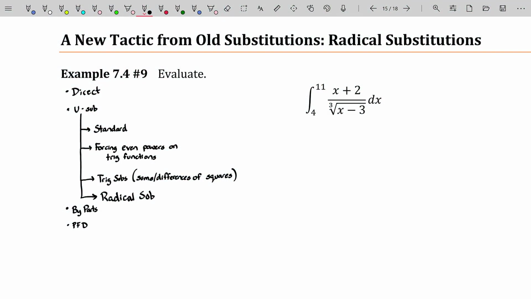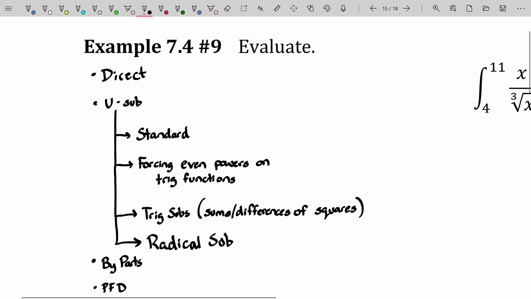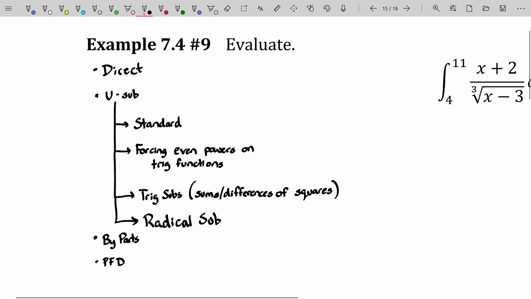Hello, my name is Roy Simpson, professor of mathematics at Cosumnes River College in Sacramento, California. This video is for students going through integral calculus and integration techniques. What we're doing in this video is a single example that illustrates kind of an edge case when it comes to integration techniques. I've listed out some of the most popular integration techniques that we've probably learned up to this